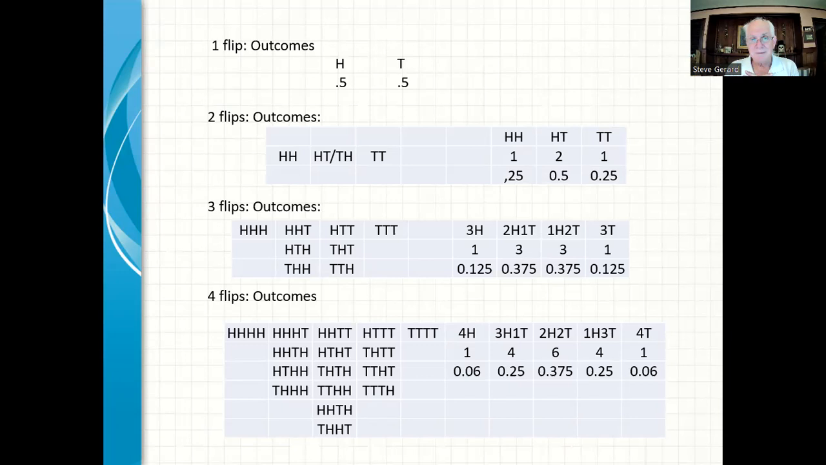Now, you might notice 1 flip, there are 2 possibilities. 2 flips, there are 4 possibilities. 3 flips, there are 8 possibilities. 4 flips, there are 16 possibilities. 5 flips, there would be,